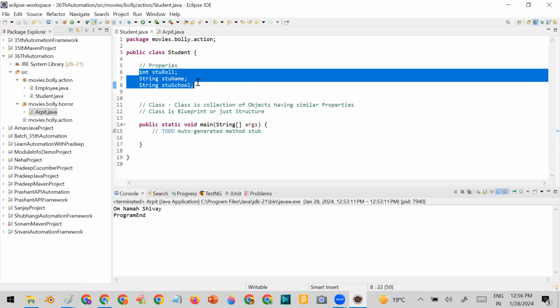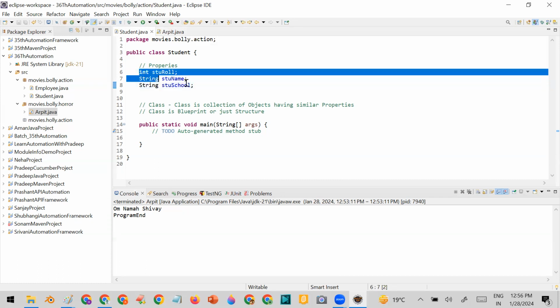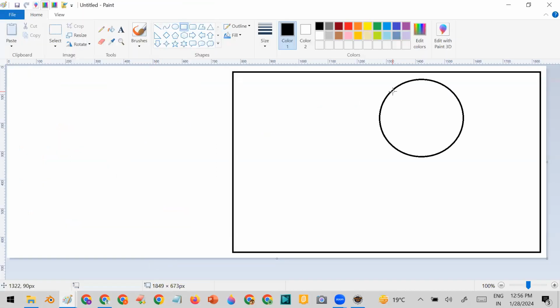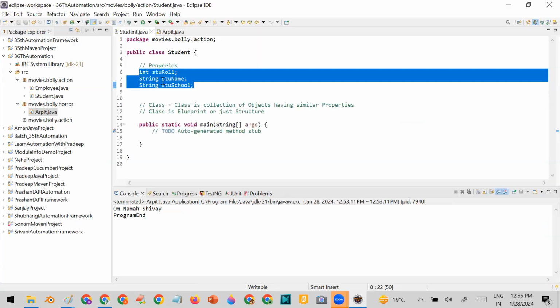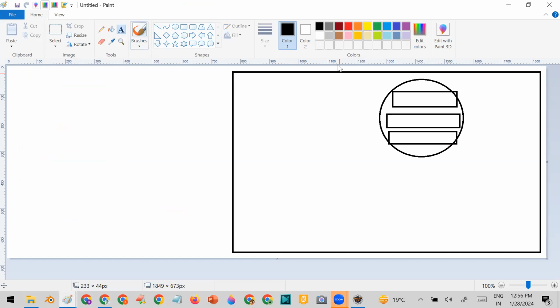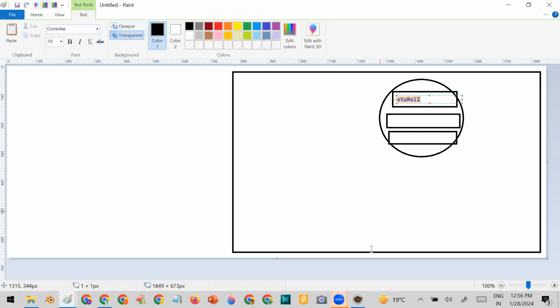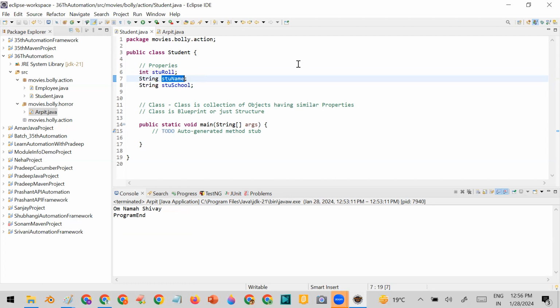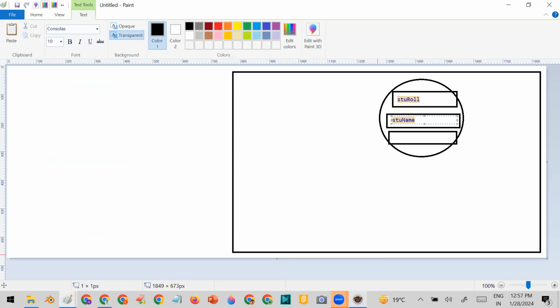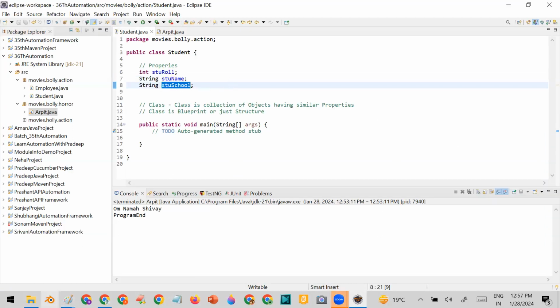Yes. Now within the object, they want to store these properties. For reference purposes, I'm telling you that internally they will allocate some slots. Not exactly, but you can understand easily, that's why I'm giving the example. Three locations will be there within the object to store the three properties. What are the three properties? It can store the value of roll number here, so in this memory, you will store the roll number. In the second, it will say Student name: in this area, you are going to store the student name. And the last, it will say that here you can store the